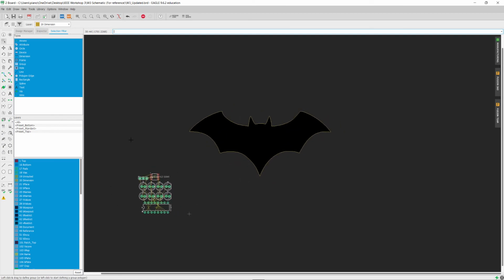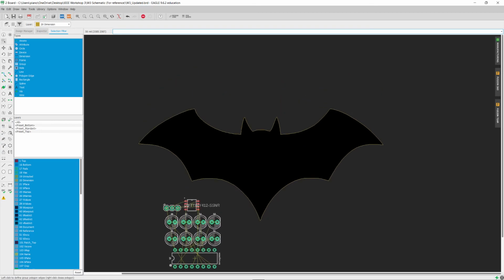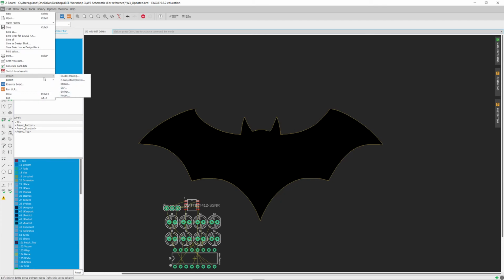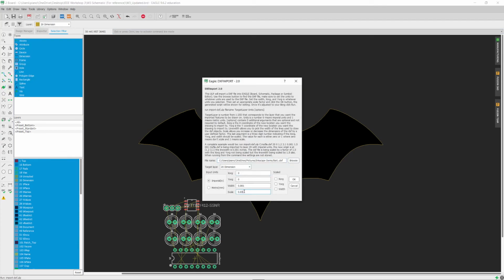Anyway, you can go ahead and place all of your components on. We don't really need to do that right now because we're not actually going to be building out this PCB. I just want to show you how to place some stuff. But let's go back here to File, Import DXF, and let's go ahead and bump this scale down significantly and maybe put this onto